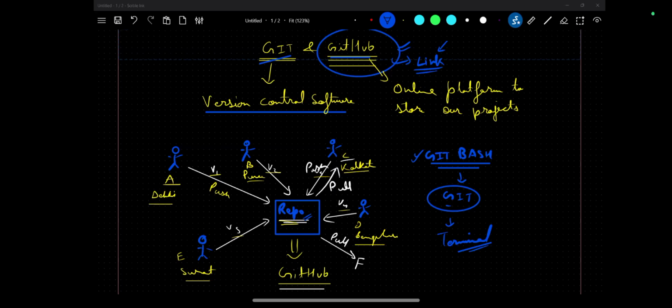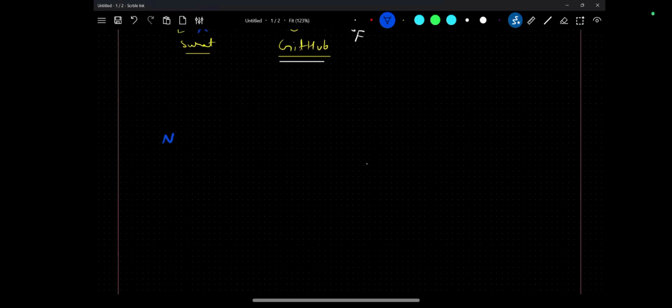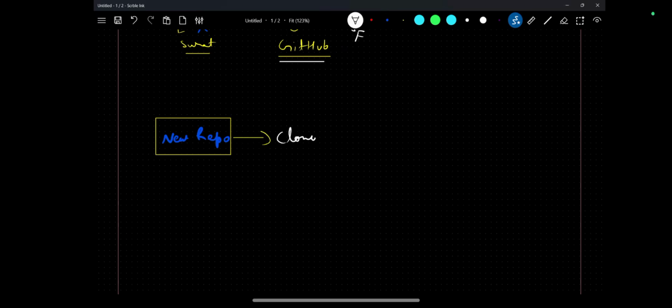So what we are going to do today, we will be creating one new repository on GitHub, and we are going to clone it. Where? On our PC.